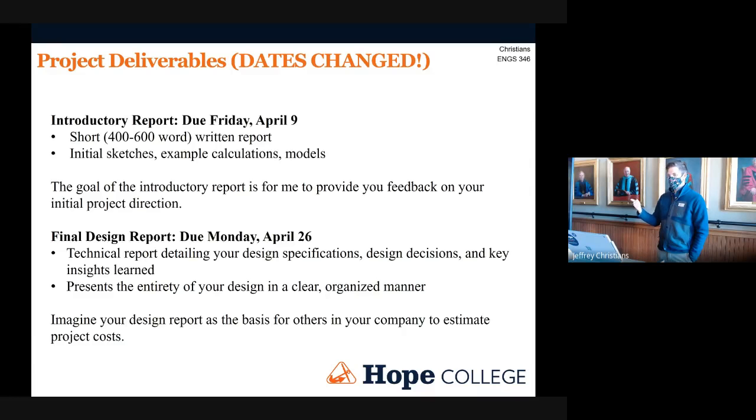And like I said, really that one is going to be worth about 10% or 20%, I can't remember. I'll have to look a second. 10 or 20% of your final project grade. It's not going to be graded very harshly. It's more for, I want to see your initial ideas to be able to critique them and give you